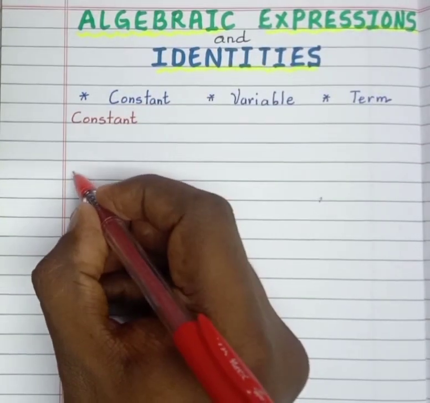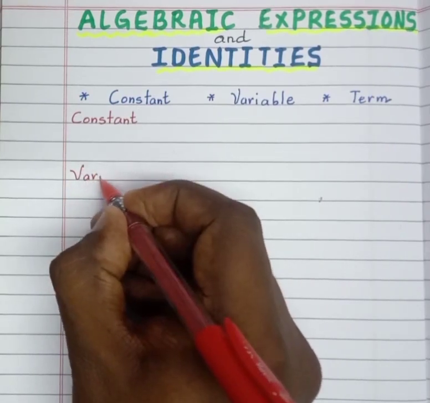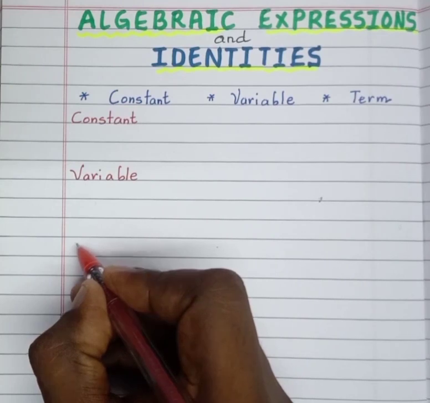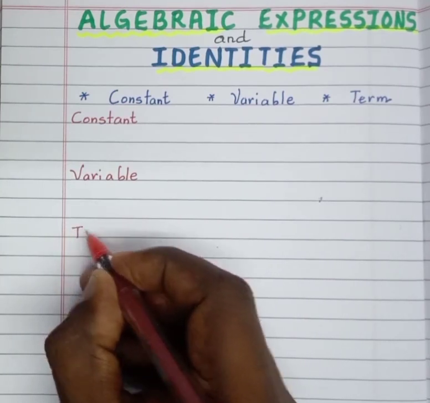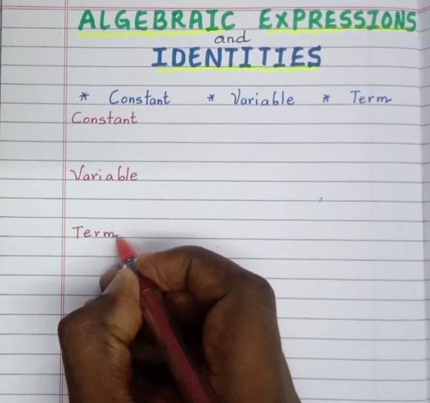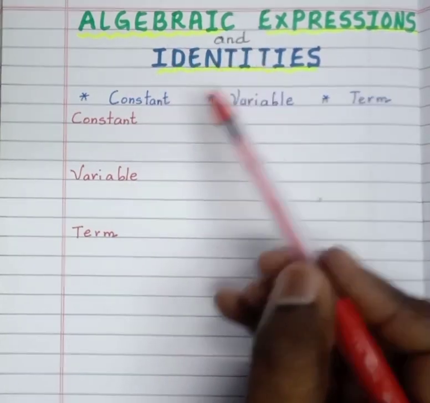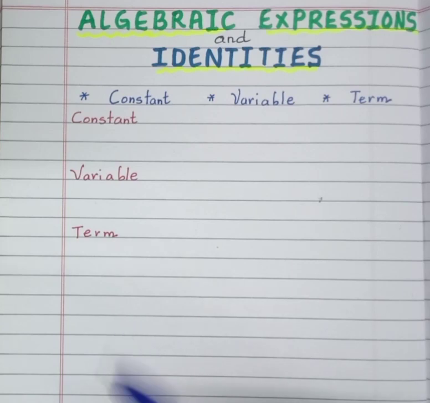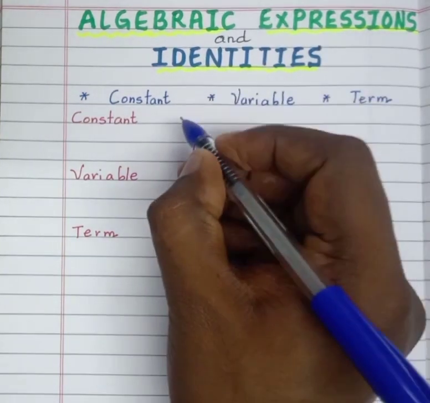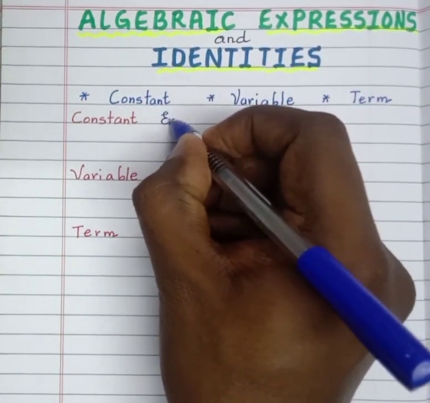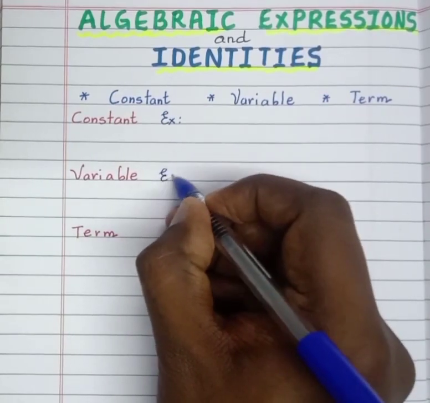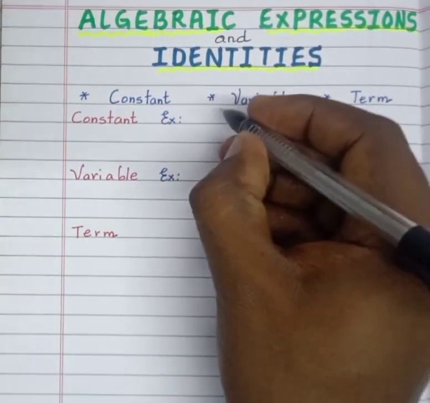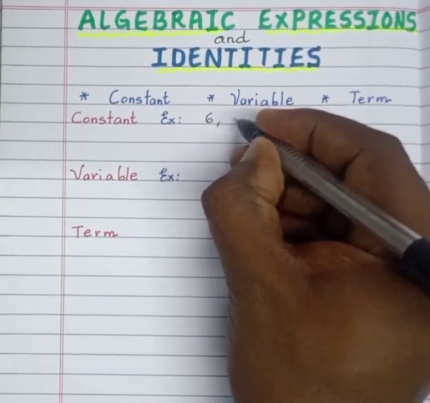Constant, variable and term. Now let me write examples for each. Then we shall understand what you mean by constant, variable and term. Example. Now consider examples for constant, that is 6,